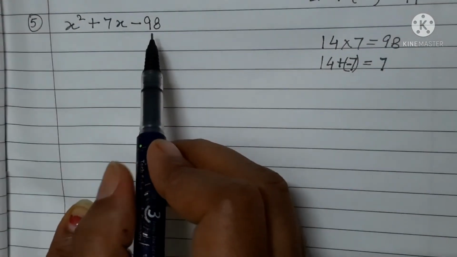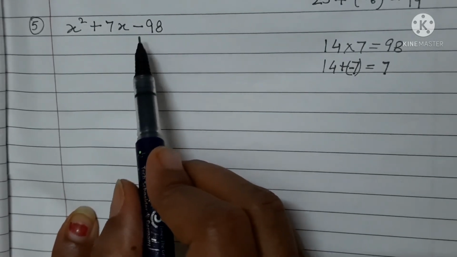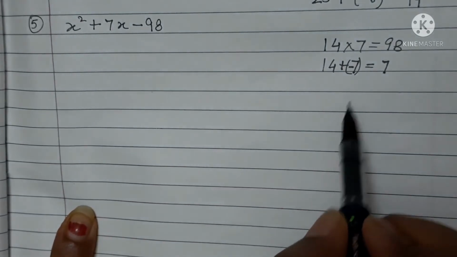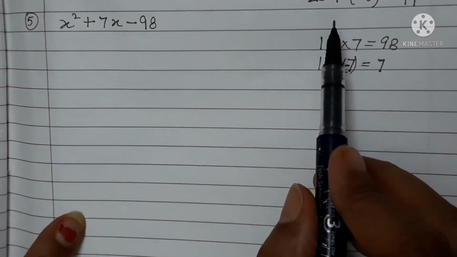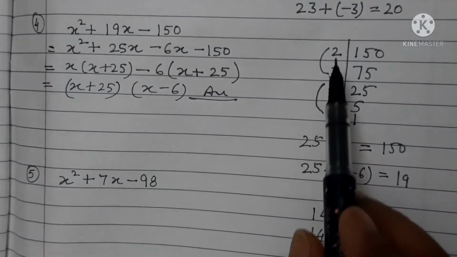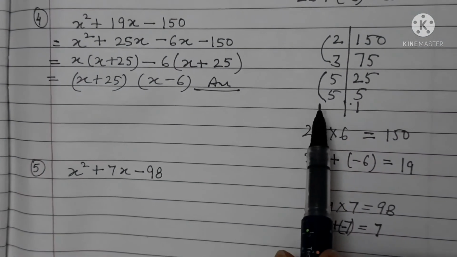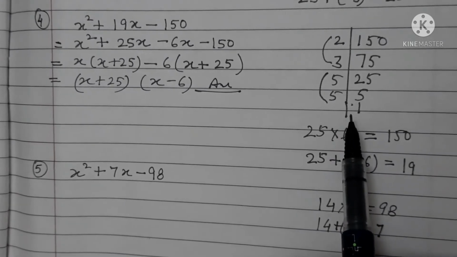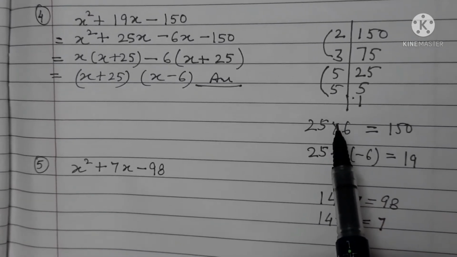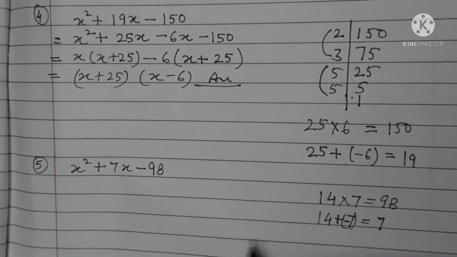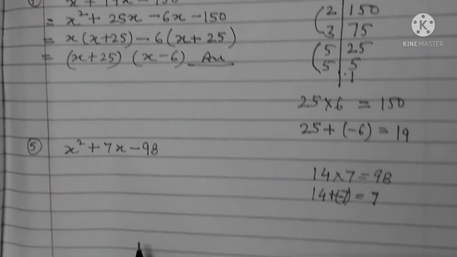If anybody does not know how to break it directly, then do prime factors and make pairs, as we did in the previous question. And if anybody is not able to recall the tables, you have to learn the tables strictly so that no problem comes in solving the questions. So students,